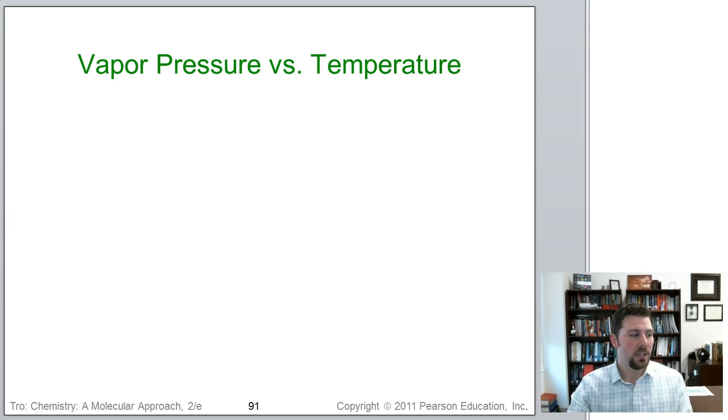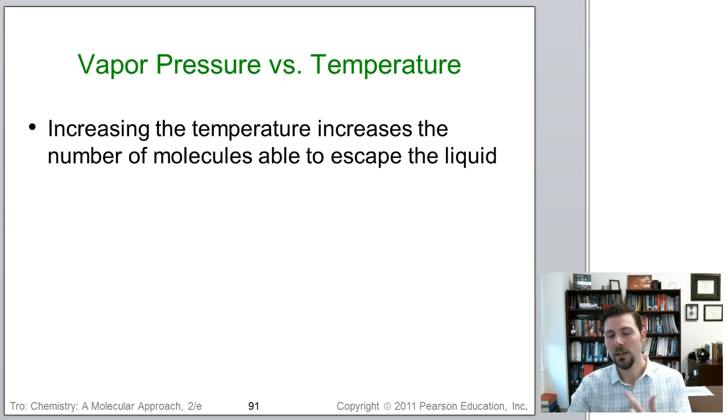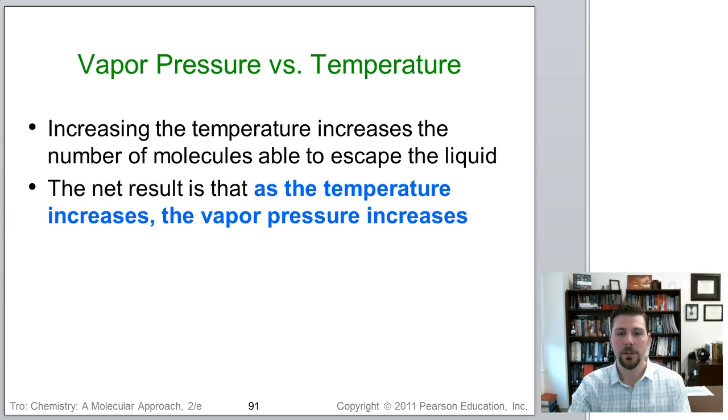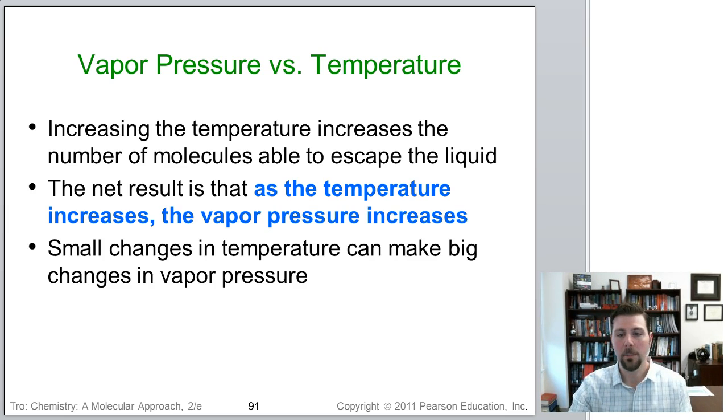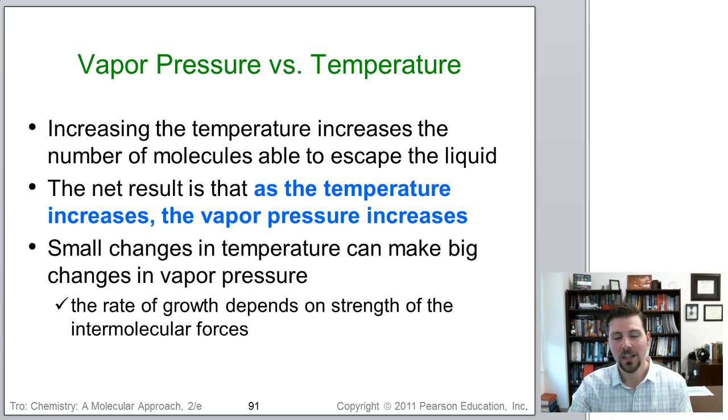So how does vapor pressure and temperature work? Remember, a higher temperature means greater kinetic energy, means more molecules are escaping into the vapor phase. If that's true, then a higher temperature means an increase in vapor pressure. That one's not hard to sort out if you can stop and think through all of those connections there. A small change in temperature could make a big change in vapor pressure because it all depends upon the intermolecular force. So just a small temperature change in water may not be that big of a deal, but a small temperature change in acetone may make a huge difference to the vapor pressure because it all relates to the intermolecular